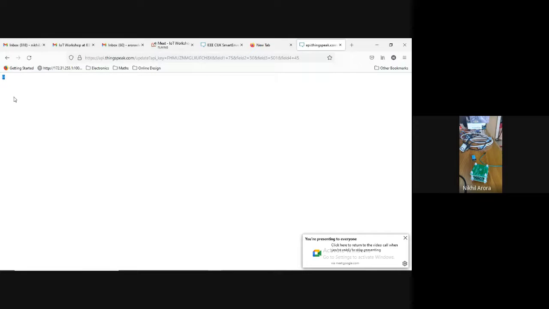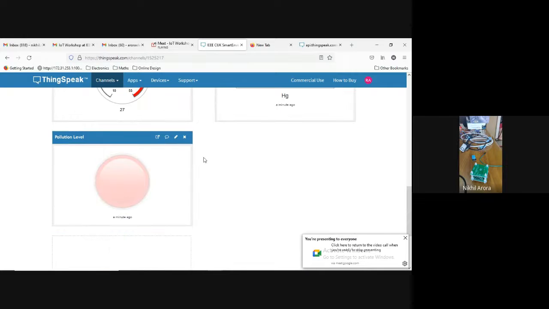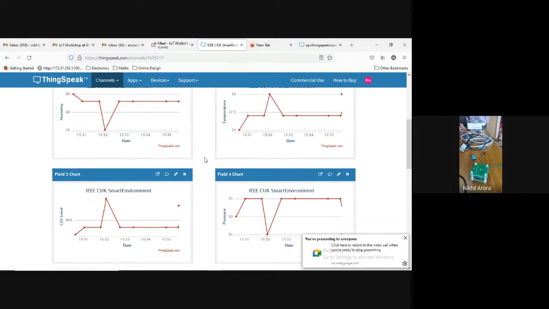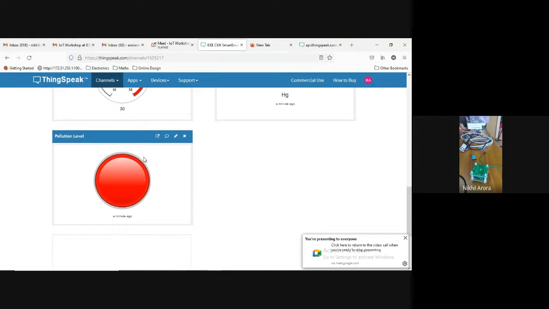Zero is coming means the site is not updated. If it is coming 0 here, site is not updated. 9 has come means 9 different data sets have been updated. So I have put 501 just now. This has become red here.